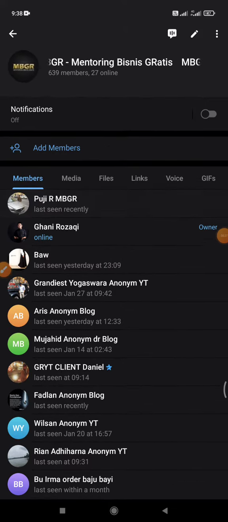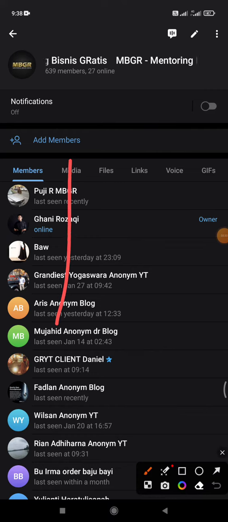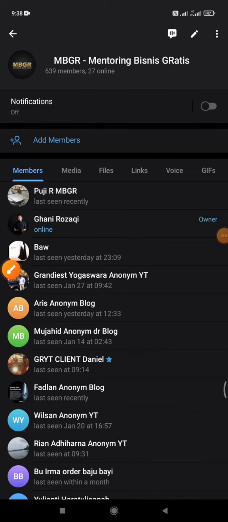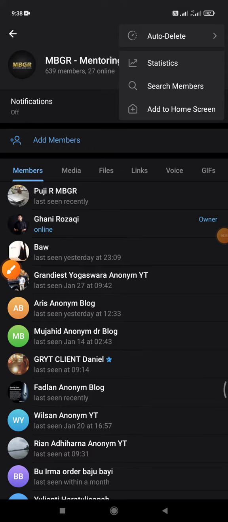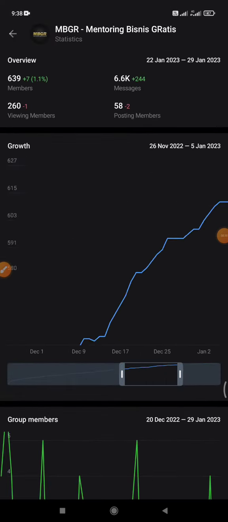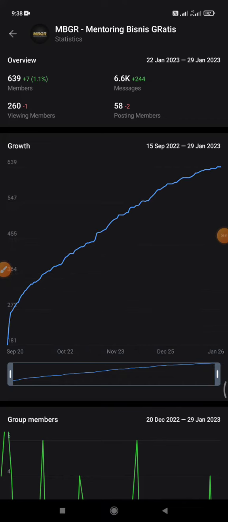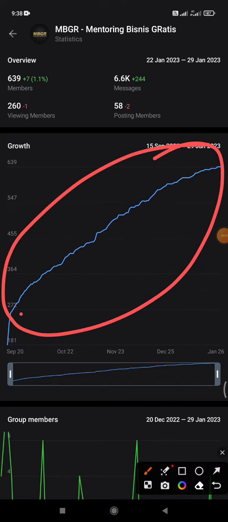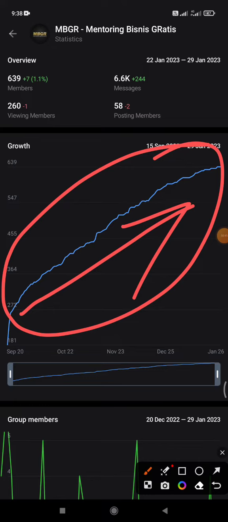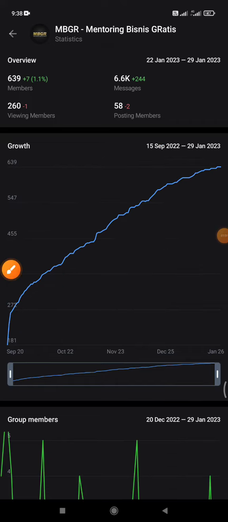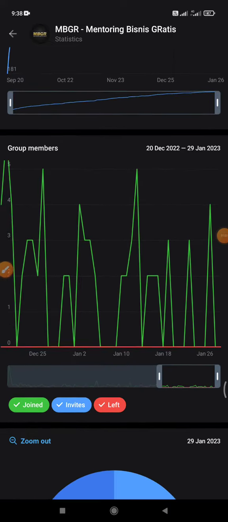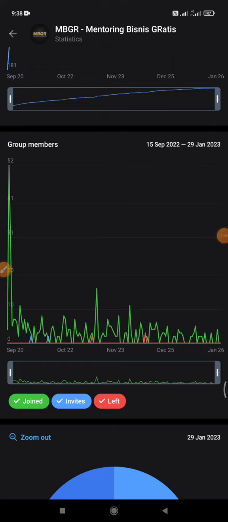So here I have a group with about 600 people, and I can see the statistics of this by clicking on the triple dot and then clicking statistics. And then, as you can see, I can see the growth of my members. This is the growth. I can see the line here, the forecast. I can do a forecast, like this linear, what we call it, I forget. Okay, doesn't matter. So this is the statistics, and then also I can see how many people joined, invites,